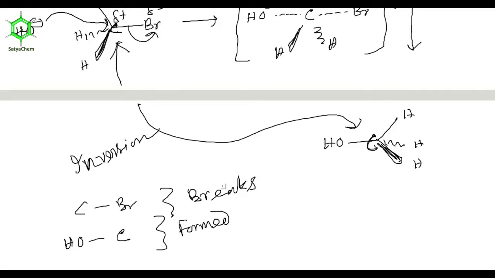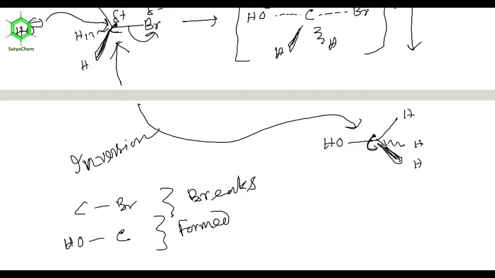Clear? So thus the part of the energy necessary to affect the breaking of the C-Br bond is supplied by the energy that is produced in the formation of the HO-C bond. Clear? When a bond is forming, then energy is liberated. When a bond breaks, that time energy is required. Clear? So in the transition state,